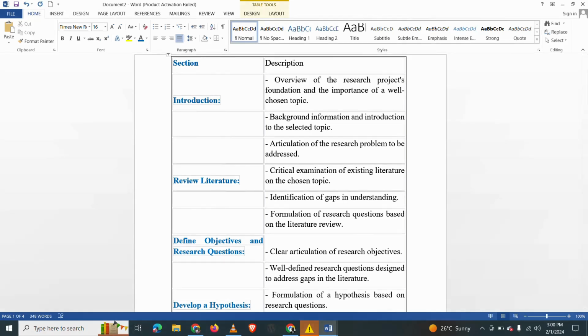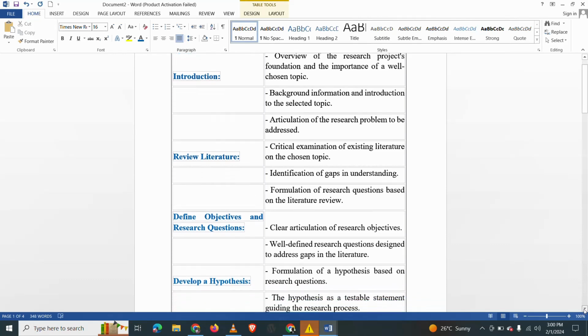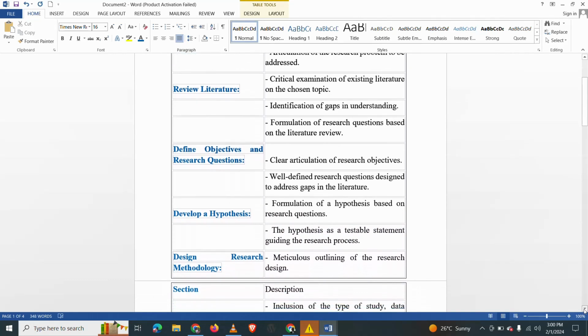Welcome to this tutorial. We are going to talk about a research project, how you're supposed to write a research project, and how you're supposed to go step by step. That is from how you're supposed to formulate your objectives, your research questions that will guide you all along in your research, how you're supposed to develop your hypothesis, how you're supposed to even design the research methodology,